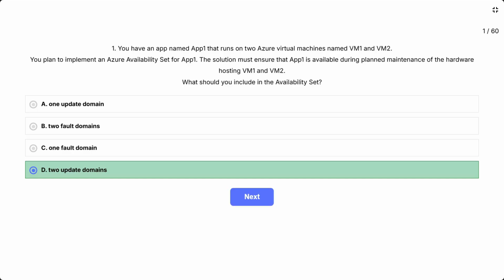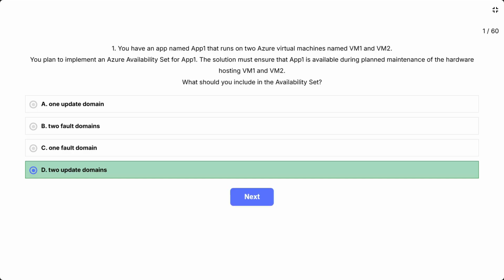VMs in the same fault domain share common storage as well as a common power source and network switch. Microsoft updates, which Microsoft refers to as planned maintenance events, sometimes require that VMs be rebooted to complete the update. To reduce the impact on VMs, the Azure Fabric is divided into update domains to ensure that not all VMs are rebooted at the same time.